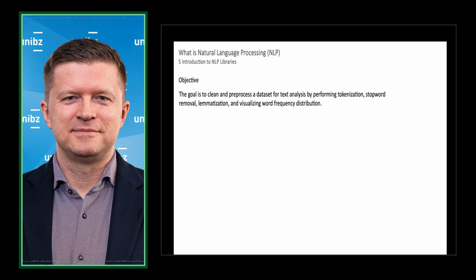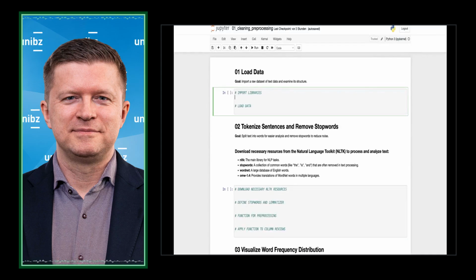Then we visualize it by using the most frequently used words in the processed text. We do this with a library called matplotlib and a function called WordCloud. The raw data I want to load is a review data set from an airline. I think it's American Airlines. It's a CSV file, and the file is called airline dataset.